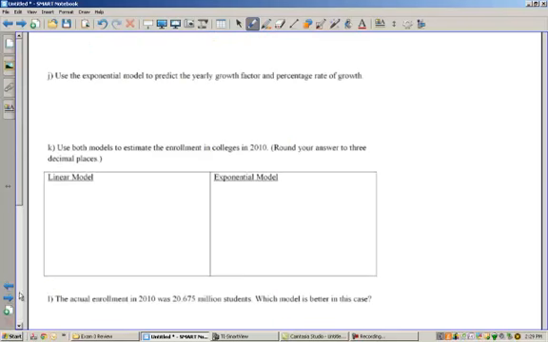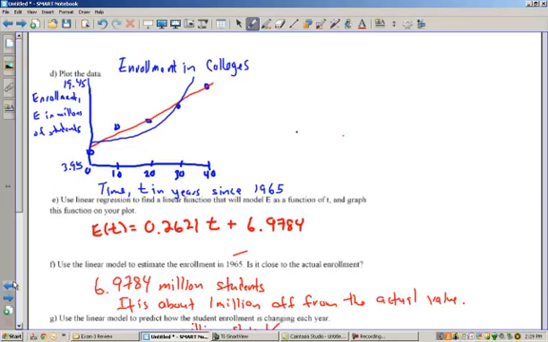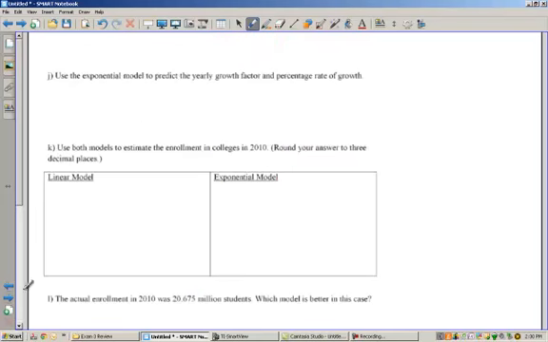All right. On the next page, it says use the exponential model to predict the yearly growth factor and percentage rate of growth. So if you look back, the growth factor is the number you're multiplying by, and that's that 1.024. So right here, I'd put the growth factor is equal to